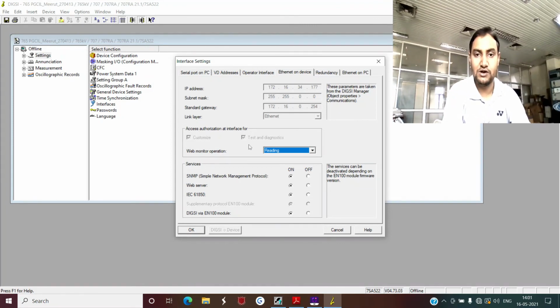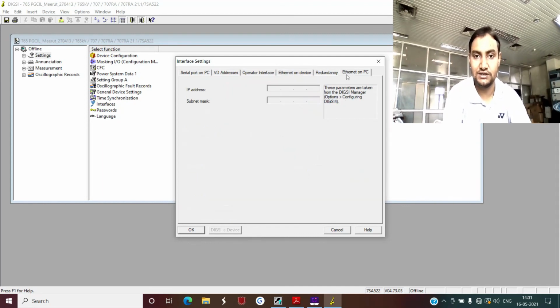This is again important because your Siprotec relay you can open using IP address on a web browser. But if you select this, there you have 4 options: no access, full access, changing, and reading. Generally, we set it only as reading, because on the web browser, if you have the IP address, you can open the relay and you can only see these settings, or you can only see the measurement value, but you cannot change anything. If you set it as full access, then there is a problem that if someone has accessed your relay on the web browser, then they can change anything, and that is not desirable.